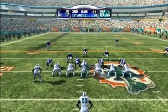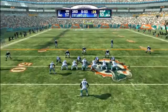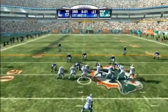Blue 45. Watch go. Watch the hard count. It's on